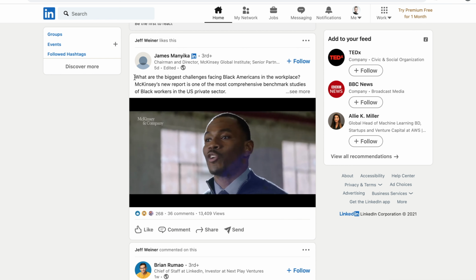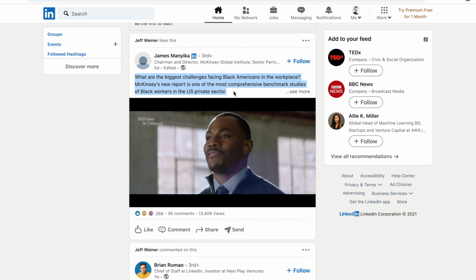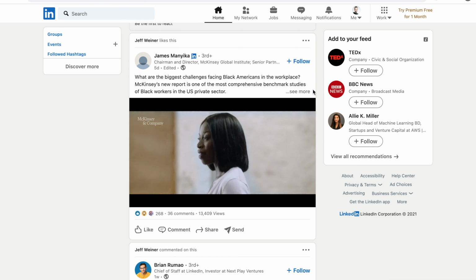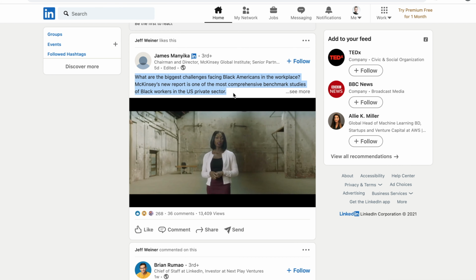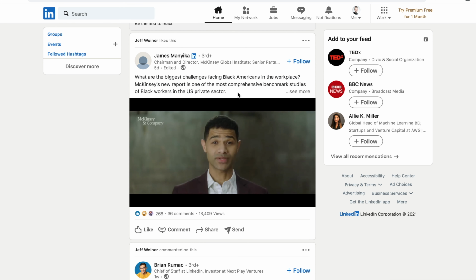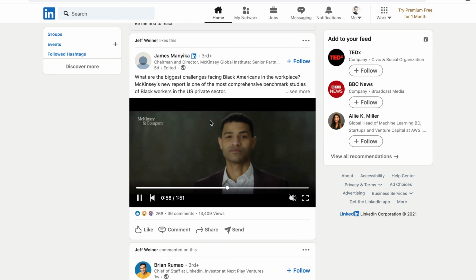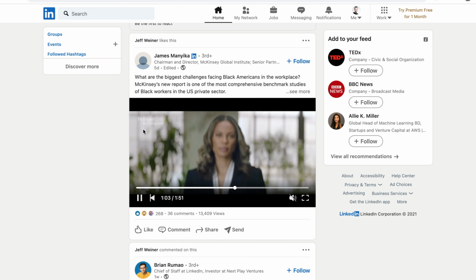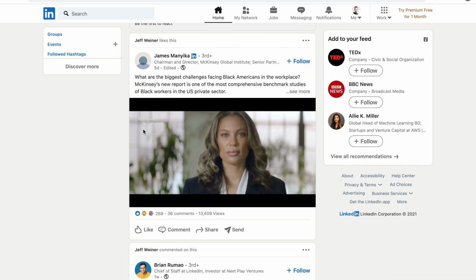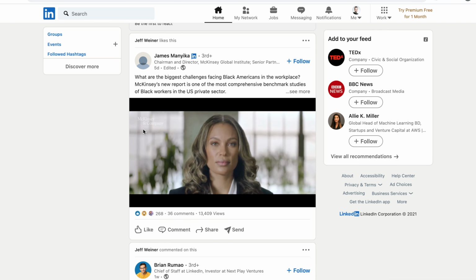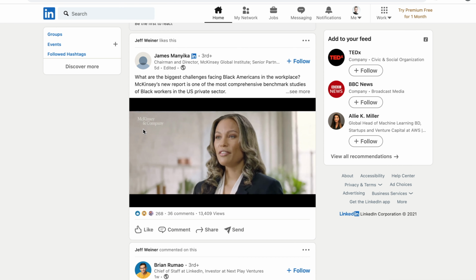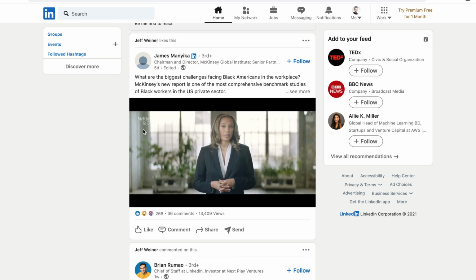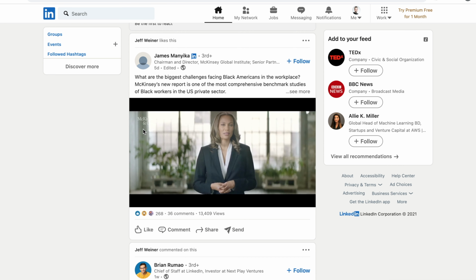Now there's three ways. The most obvious one, you can obviously work on your description, and as you can see, the first 3 lines of text will always be visible. So this can be used as the call to action. Sometimes when you are on a mobile device or you have turned this option off, you can only see the first frame. So you could change the first frame of your video to reflect what this video is all about, the same as a YouTube thumbnail. You can by now also attach a dedicated thumbnail file for each of your videos.